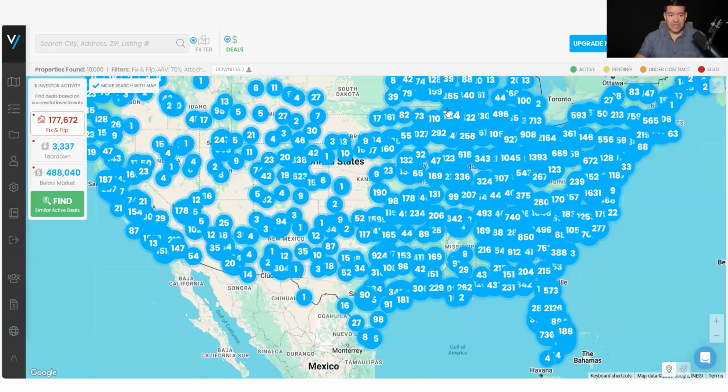So what we're looking at here is this map, and where you see these numbers, these are aggregation of matches for any search. It just happens to be that this is the search. So if I ran a search for on market properties for less than $500,000, the map might look very much the same. So these blue things do not have anything to do with what the results are showing. It just shows that these are the results, and we aggregate these into these clusters so you can see where the majority of those matches are at. So the larger the circle, the higher the number, the more matches there are. So when I'm looking for an area to go and do deals,